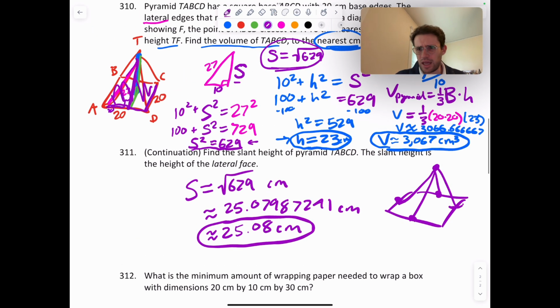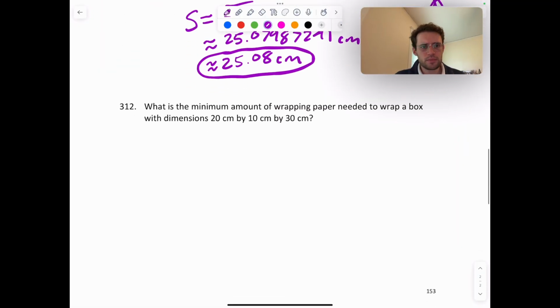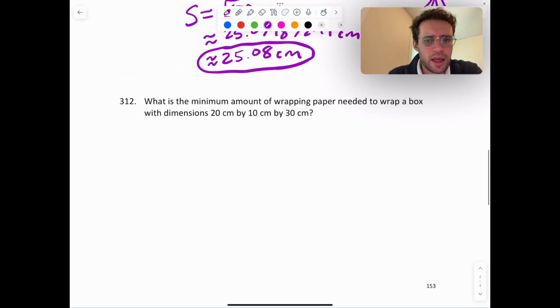I'm not sure why they asked it in that order, but just so we have them all. And then next, they say, what is the minimum amount of wrapping paper needed to wrap a box with dimensions 20 centimeters by 10 centimeters by 30 centimeters? So in this case, they're not looking for volume, right? If you're wrapping paper around it,